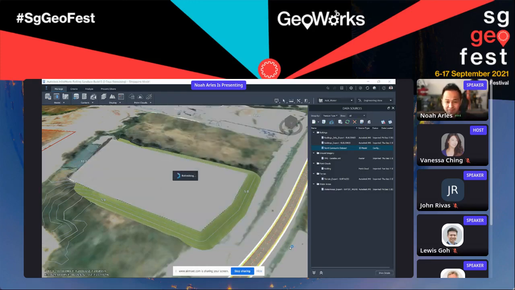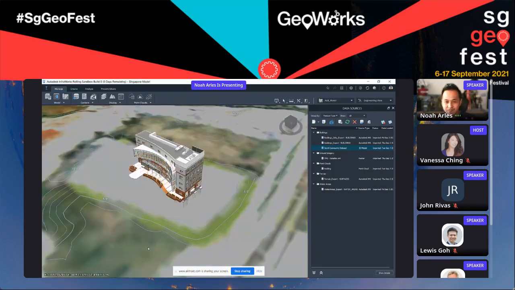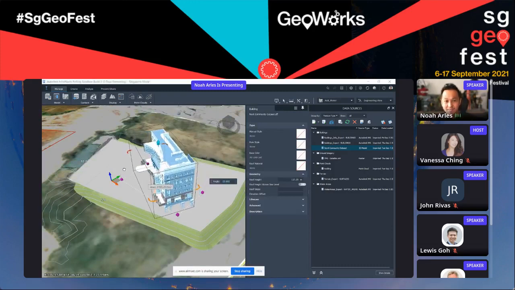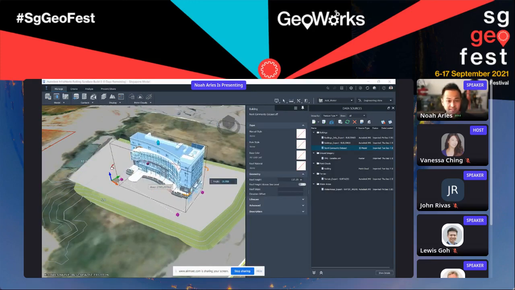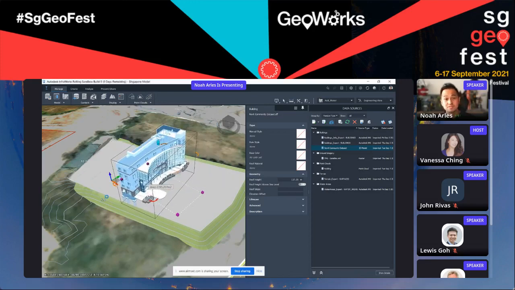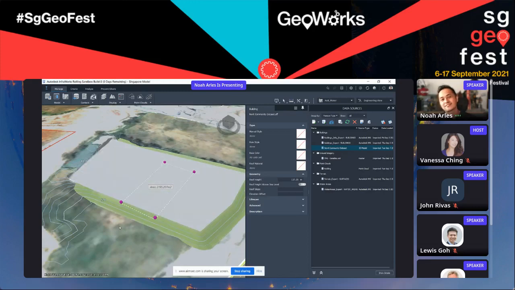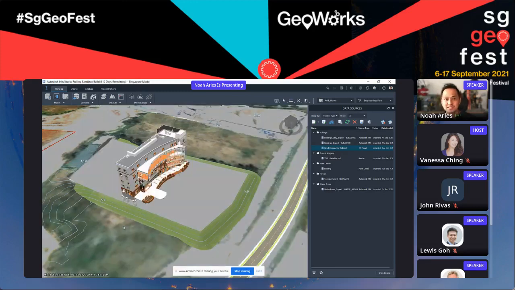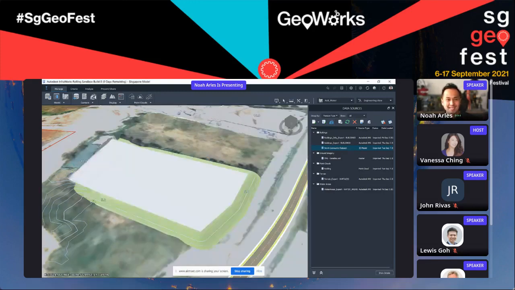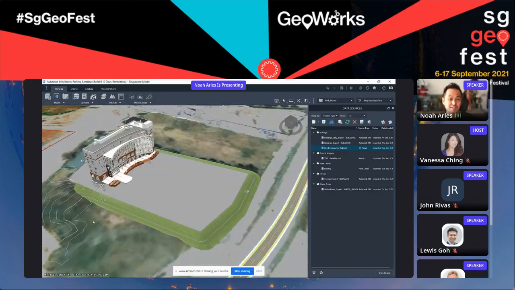I think the key takeaway from this particular step is that it doesn't matter what kind of information you have. Now you have an interactive way of combining all of those different types of information to make the planning and preliminary design a very interactive experience. Maybe we want to adjust the orientation of the building for different reasons. Maybe you're after solar gain. Maybe you're after maximizing the experience in terms of the view, right? Since this is by the seaside, maybe you want to explore which experience could be the best for the tenants or the people who are going to use this building.